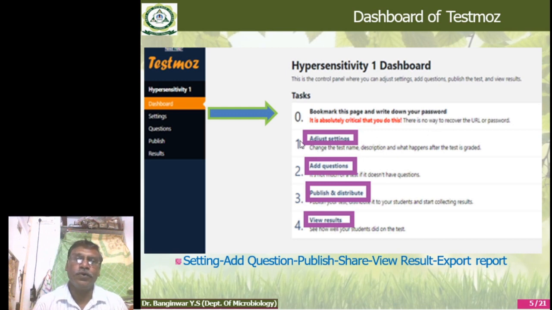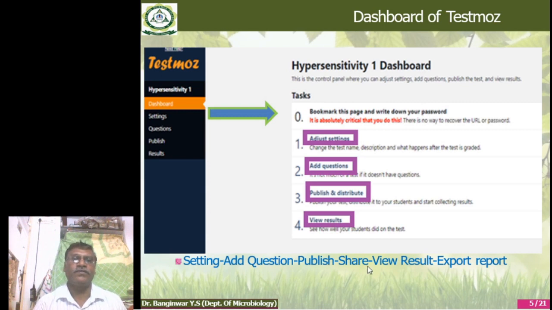You use 1, 2, 3, 4, which will adjust the settings. Change the test name, description, add the question, publish and distribute, and view the result. So here: settings, add question, publish, share, view, as well as the result, and you can export the reports.